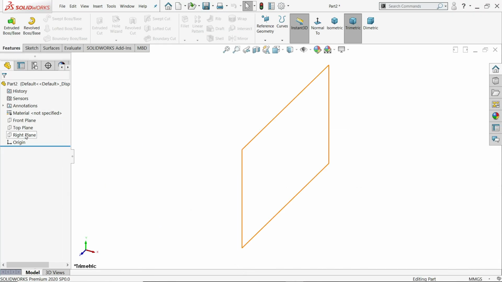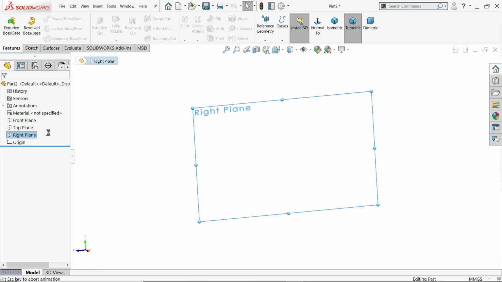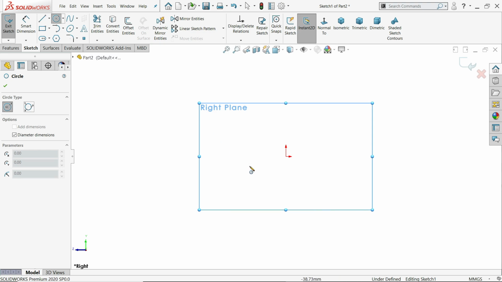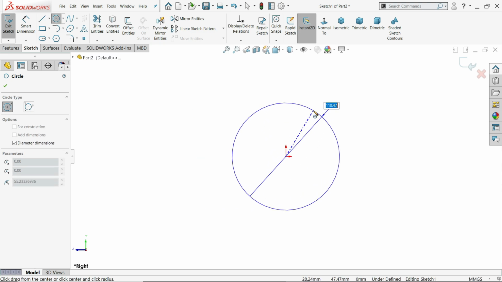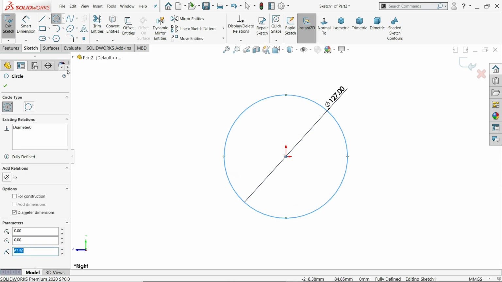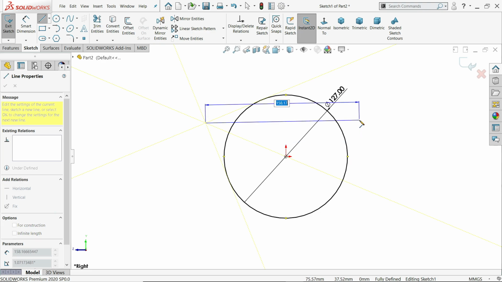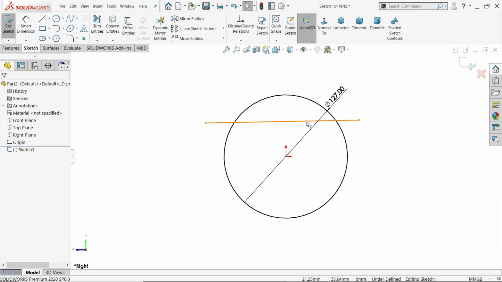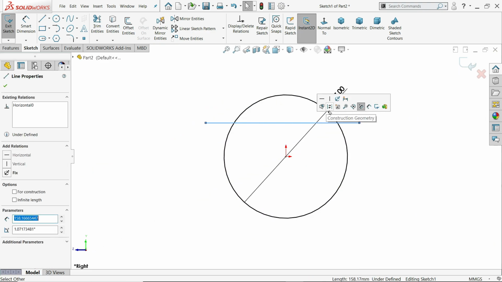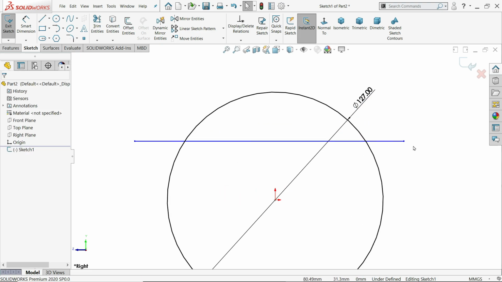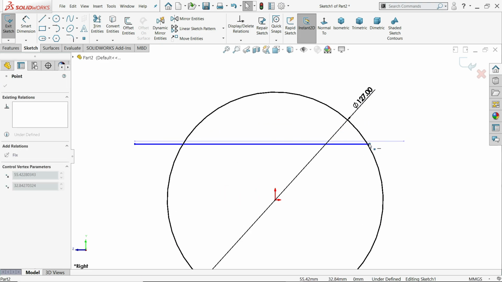Now let's use the right plane sketch. I'll draw a circle with the outer diameter 127 millimeter, enter. That's fine. I'll select line. Make sure this line is horizontal. Let's connect.